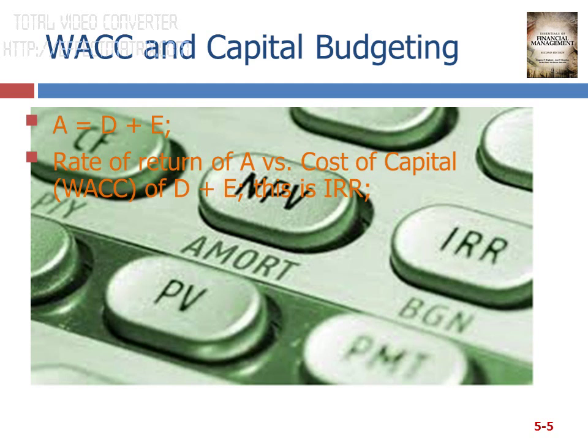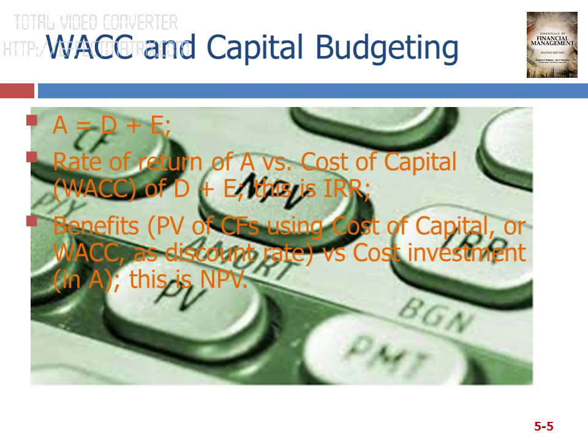The next is, of course, these assets entail costs. So there is a cash outflow. That's what you call the cost of investment. And then what do you do with these assets? You project their cash flows or the benefits. You quantify them. You get the present value using a certain discount rate. That discount rate that we are using for the NPV is your WACC. And hopefully the present value of the benefits or cash flows will be greater than the cost of investment. That is your NPV.